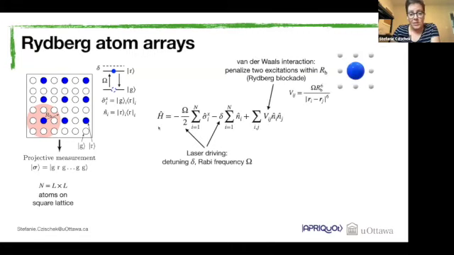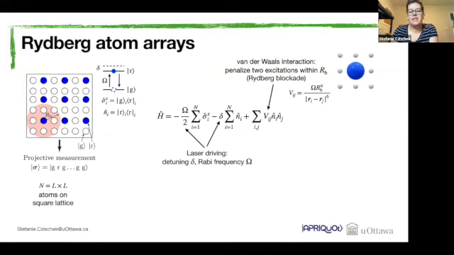The system is then described by what we call the Rydberg Hamiltonian, which consists of three terms. So we have two terms which are generated by an external laser driving, and they affect each qubit individually. One of them, this first term, basically generates a Rabi oscillation between the ground and the excited state with frequency omega. And the second term detunes our excited energy level. So it basically shifts this excited state up and down in terms of energy. Then we also have this third term, which is now an interaction term between all atoms. So we have all-to-all interactions.